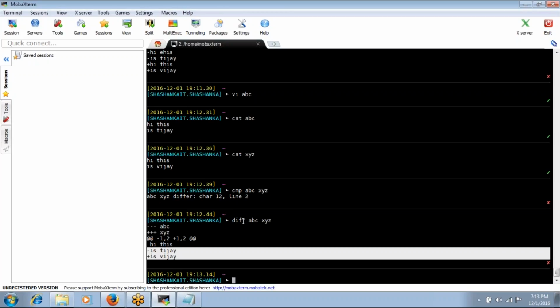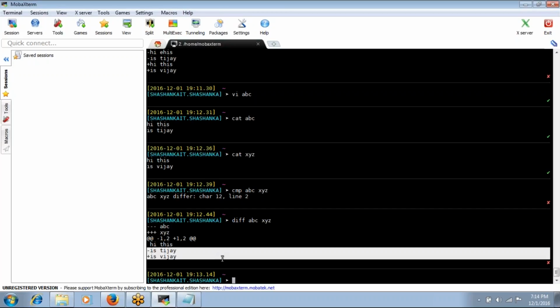That's not a problem. You can use any command, cmp or diff. Comparison will display exactly the character number and the line number. But diff will not compare character by character. Are the first line and first line the same or not? Okay, yes. Then go to the second line. Now I have found the difference at the second line. It will print the two lines from file A and file B.